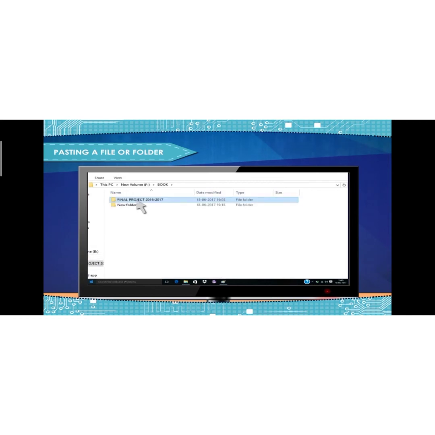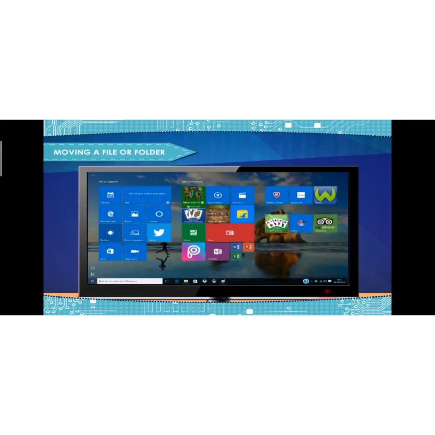Then your file or folder appears as shown here. In our case, the images folder appears in the F drive. Note, you can also use Ctrl plus V as a shortcut for pasting the file or folder.